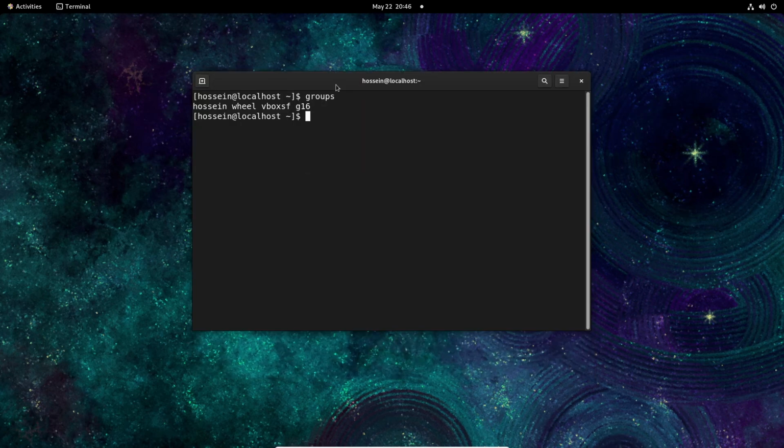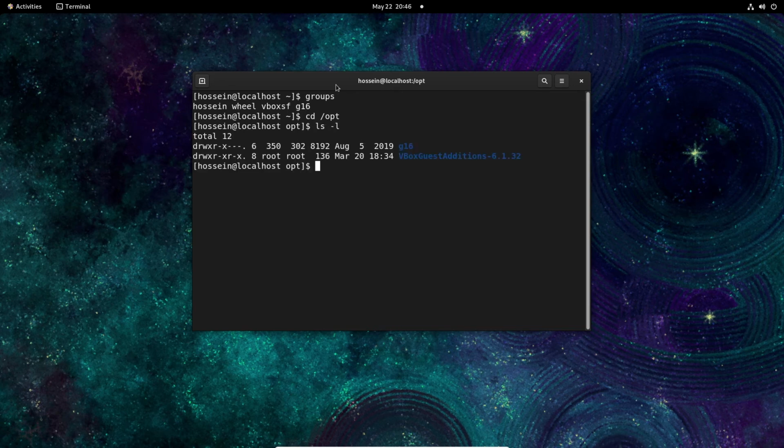Now I can set up the permissions of the g16 folder. First, I go to the opt folder, and then I can check the initial permissions of the folder by the ls -l command. This is the initial permissions of the folder, and now I can change the permissions by these two commands: sudo chown